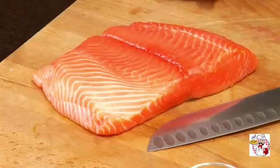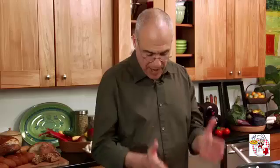These days, I'm inclined to use wild salmon. I know many of you are also. But this is a really, really perfect thing to do with it at this time of year. Has some gorgeous Pacific King. And you want to buy a kind of center cut piece that you can cut into 4 steaks,